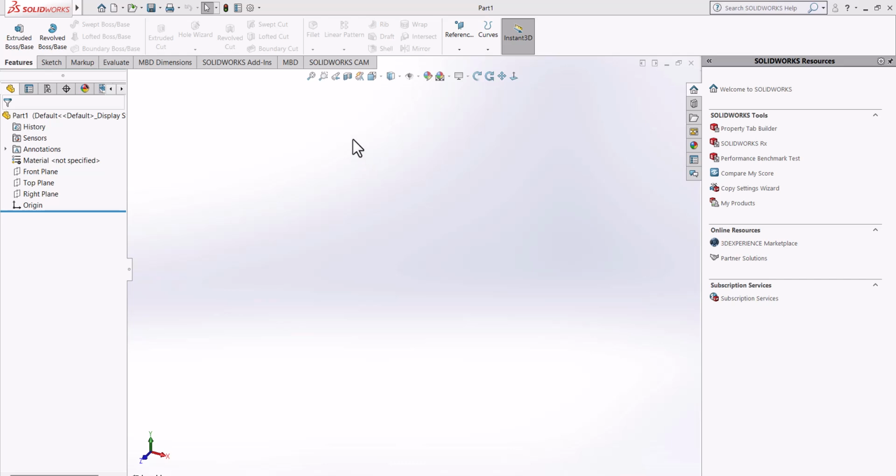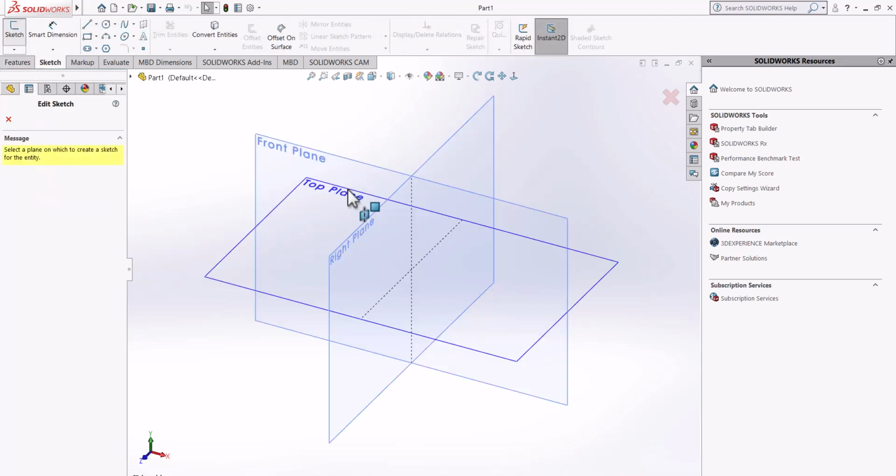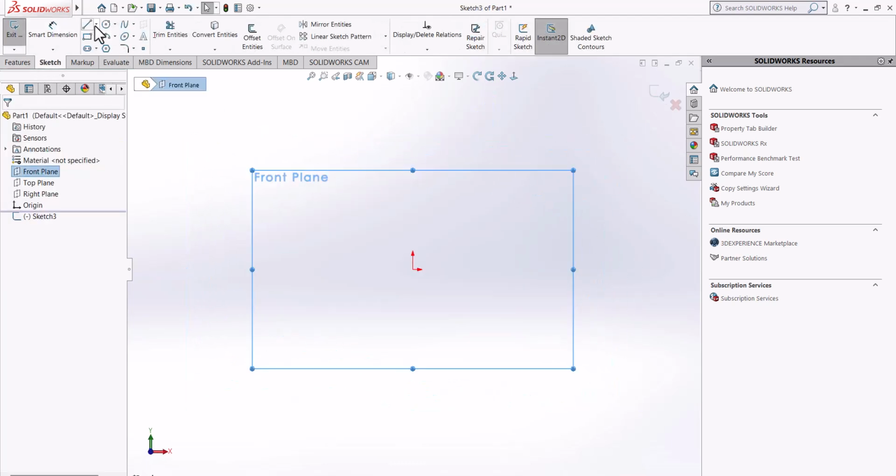I'm a design engineer, and this video is about SolidWorks computer-aided design. So today we're going to learn how to dimension in SolidWorks. Okay, so let's start by making a sketch. Choose a plane, sketch